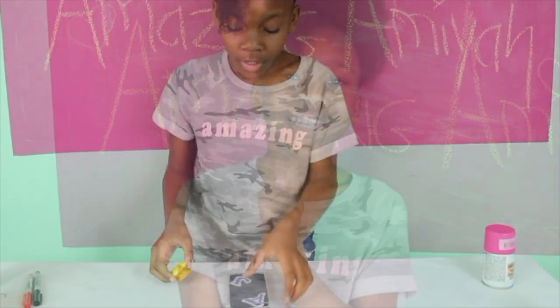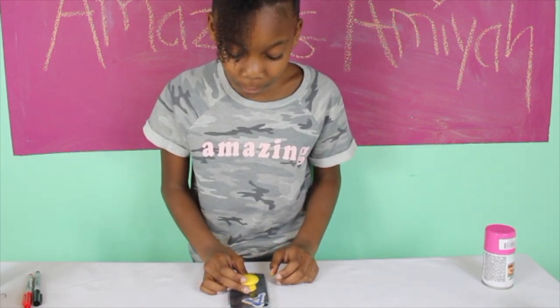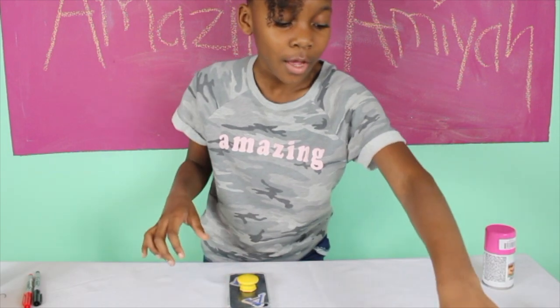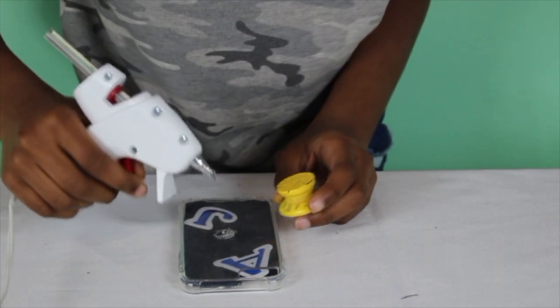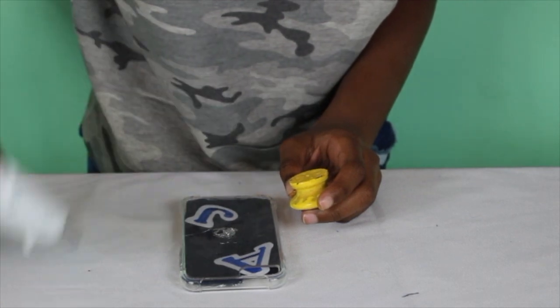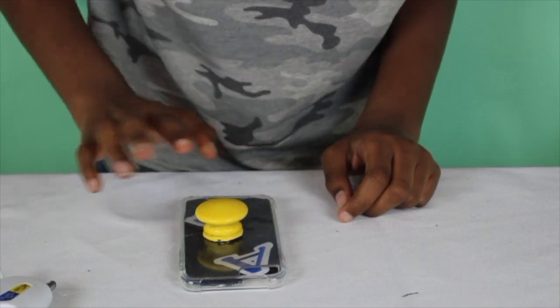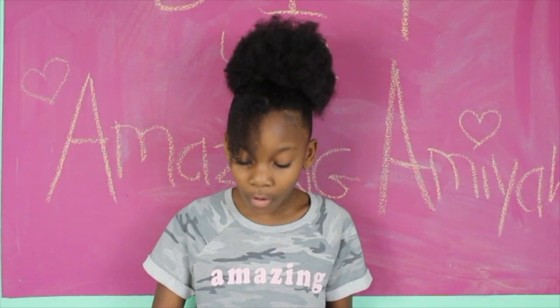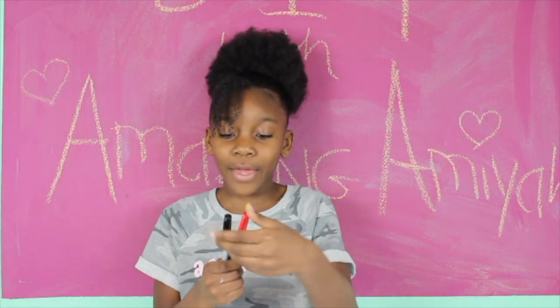So this is what it looks like with the phone, and I think we're gonna jazz it up a little bit with the pop socket. Now we're going to take our yellow doorknob that we spray painted yellow earlier, and we're going to put it in the middle or wherever you want to put it, and we're going to hot glue. Okay. So when you're done with that, now all you want to do is put the doorknob right in the middle, wherever your hot glue is. Okay guys, so while that's drying, we're gonna use our Sharpies,